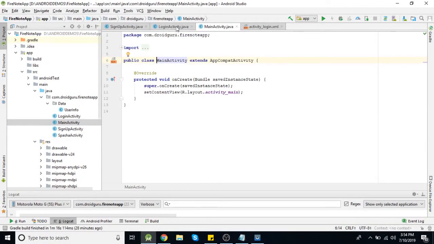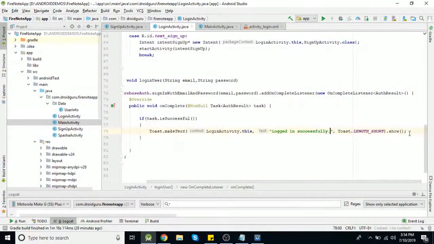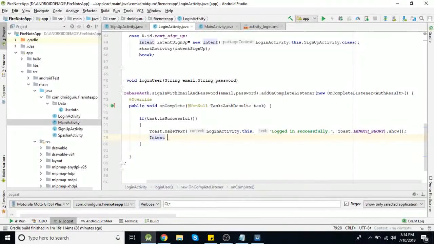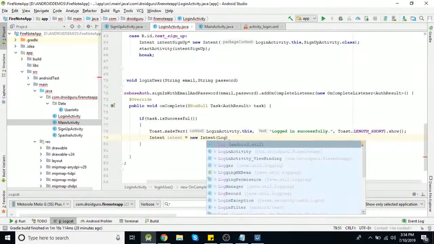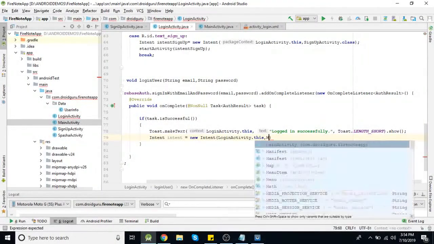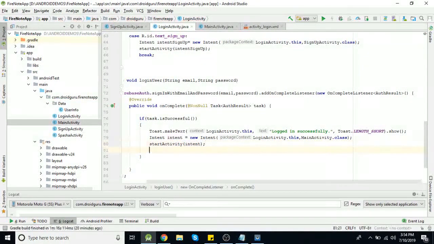So I am giving an intent for that. Context is login activity, and we need to open home activity, that is main activity. So MainActivity.class, then startActivity intent, and we need to finish this activity.